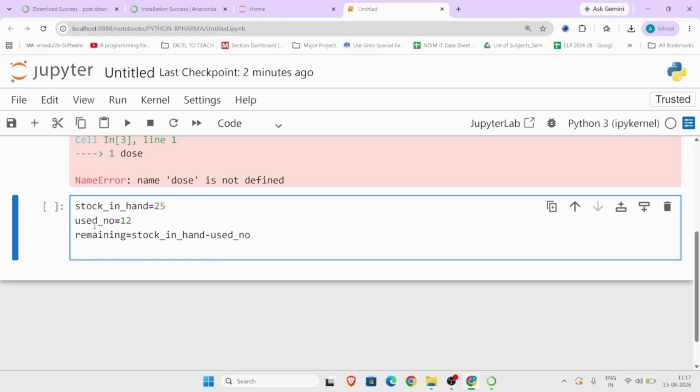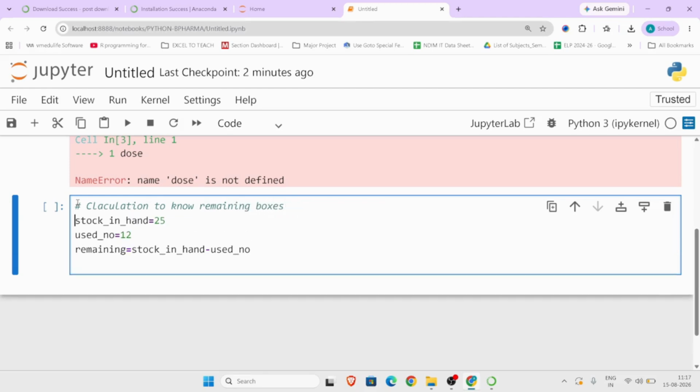So what is this? Here first of all I can give some comment also. What I am doing is performing a calculation to know the remaining boxes, right? Then what we did here with stock in hand, we first have to take input, right? So this is an input, this is an input, right?